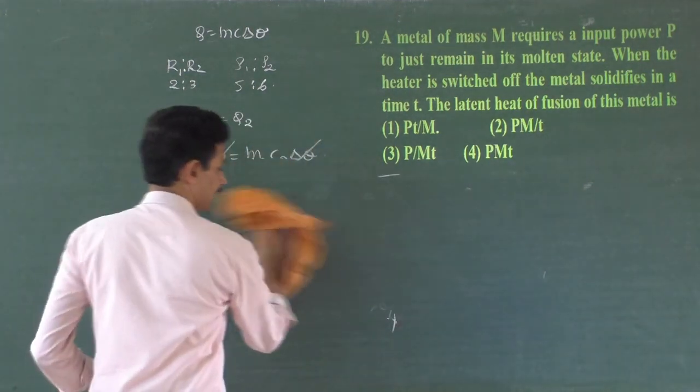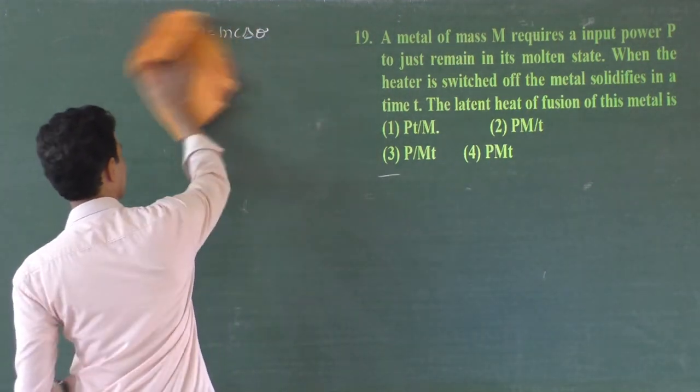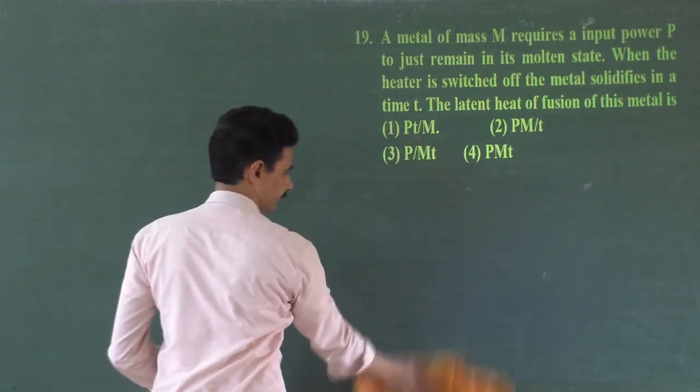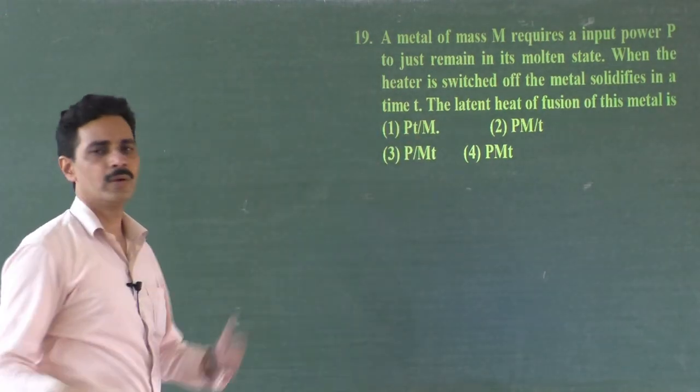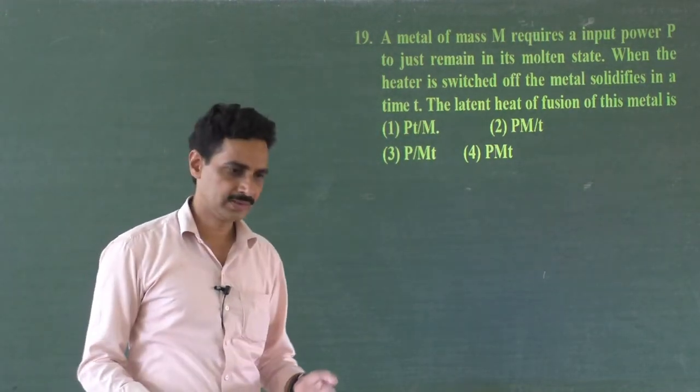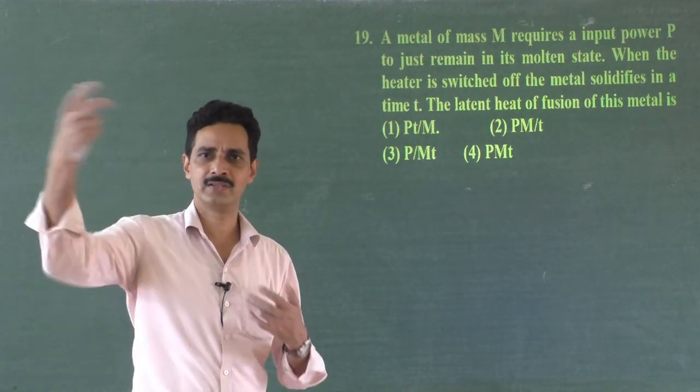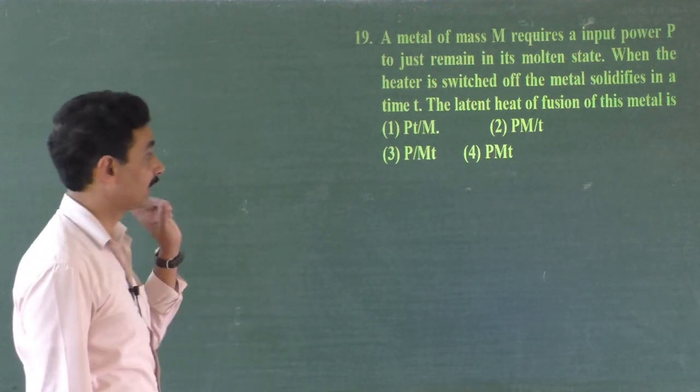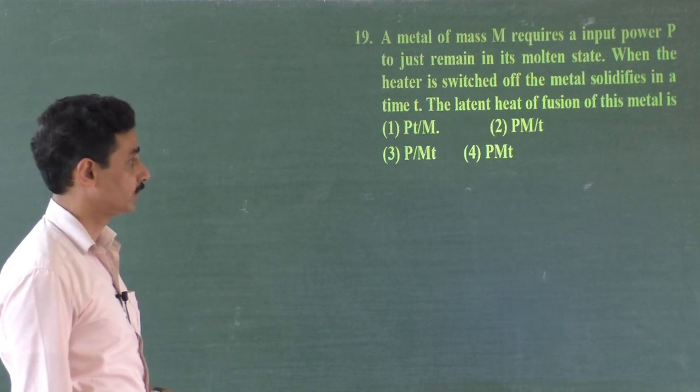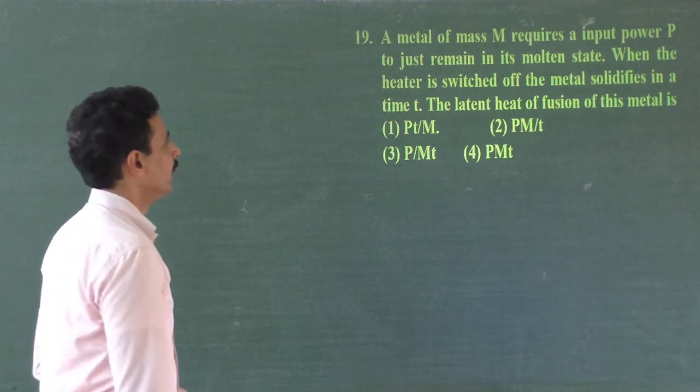When you switch off the heater, it exchanges heat energy with the surroundings and it gets solidified, right? When the heater is switched off, no heat energy is supplied from the heater, so it loses heat energy to the surroundings and gets solidified. But it requires a time of T. The latent heat of fusion of this metal is,